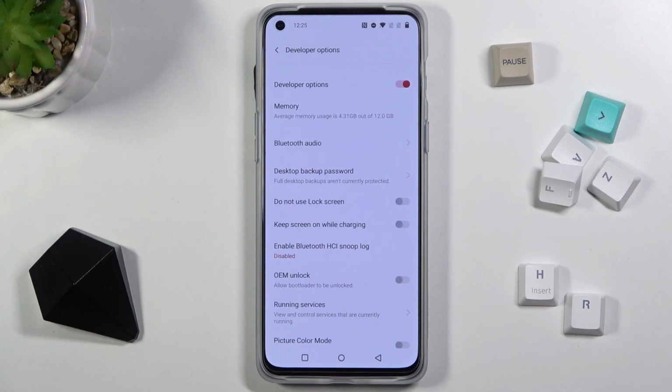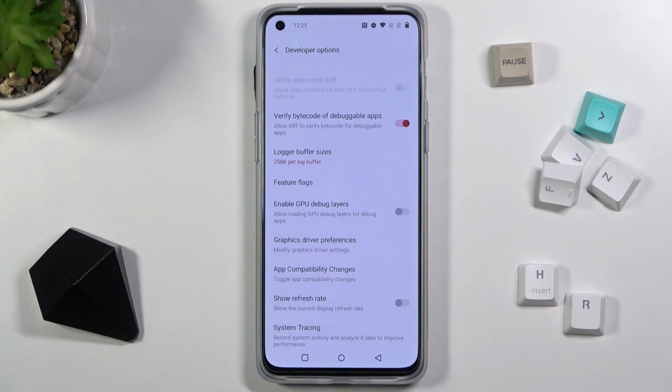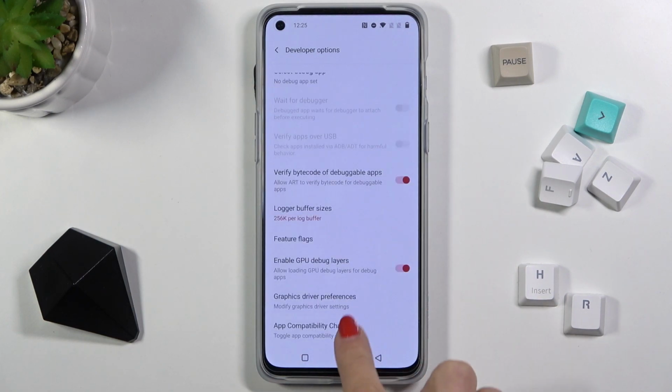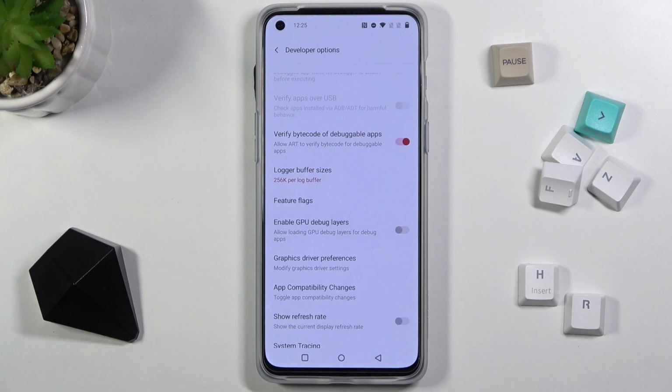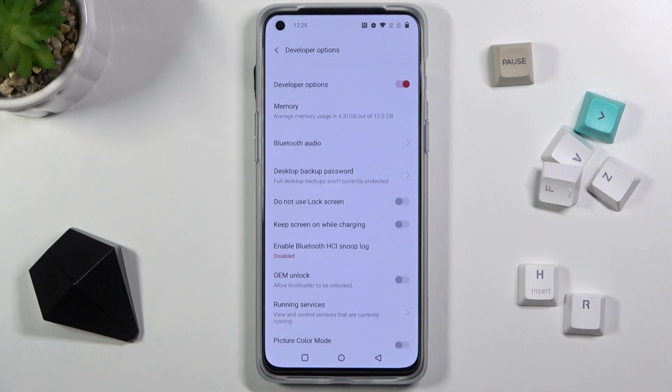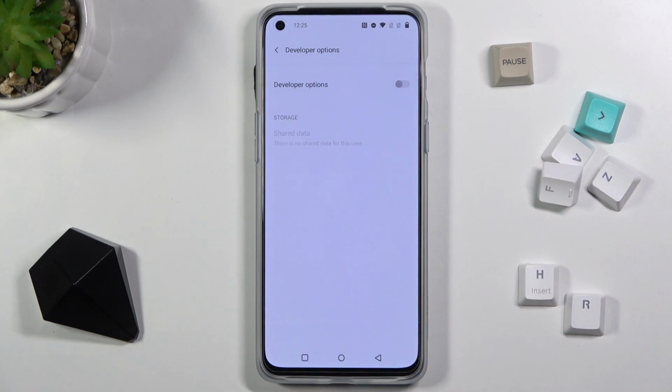Here it is, so just click to open, and now you've got the access to all the options, all the features. And for example, if you'd like to enable GPU debug layers, just mark it, and from now on it is active. Then you can switch it off the same way. To turn developer panel off, just unmark the switcher. And that's it,